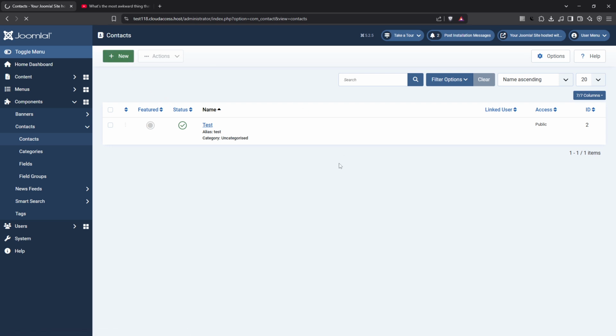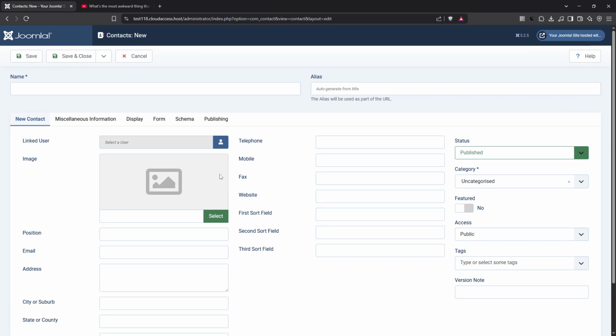This action will open up a new contact form where you can enter the details necessary for your site visitors to contact you. Fill in the required fields such as the contact's name and email address. You can also include additional details that you might want visitors to see on the contact form, like a phone number, department, or address. Once you've filled in these fields to your satisfaction, click Save and Close to capture and